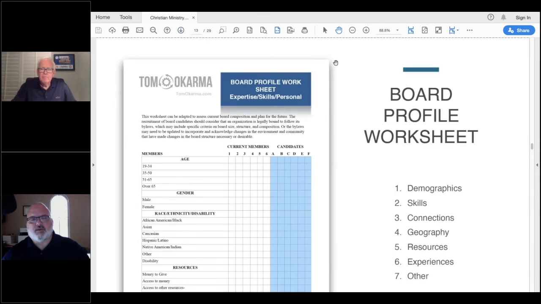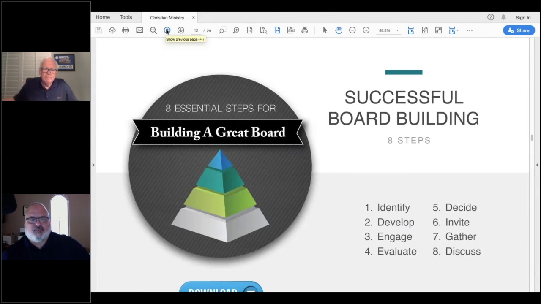How often do you think, when you go through that process, if you can go back to that first one again, that previous slide, when someone starts this process, Tom, how long, what kind of time frame are we talking about typically? Is there a typical time frame that you should invest in someone before asking them to apply to the board, or does this go in rapid succession?